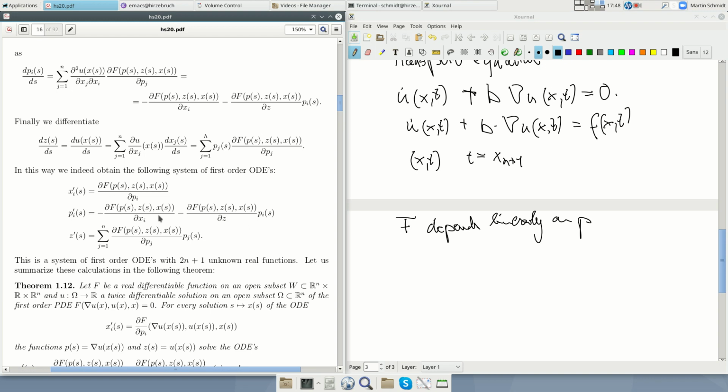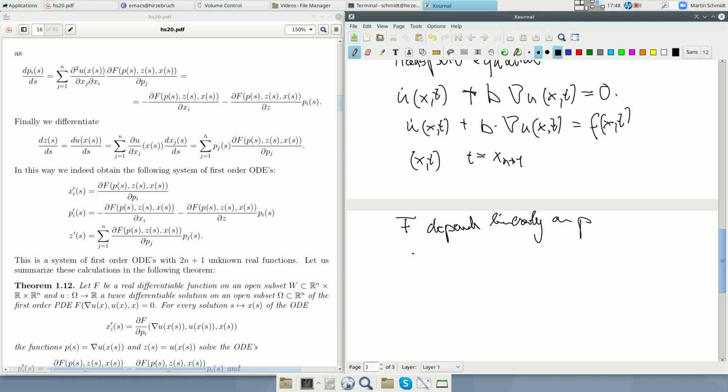Here, this doesn't depend on p then, and this, since it doesn't depend on p, this vanishes. Yeah? This term vanishes. But in any case, for p dot, the differential equation is not. What we can see is these two expressions become independent. So if f depends linearly on p, this means